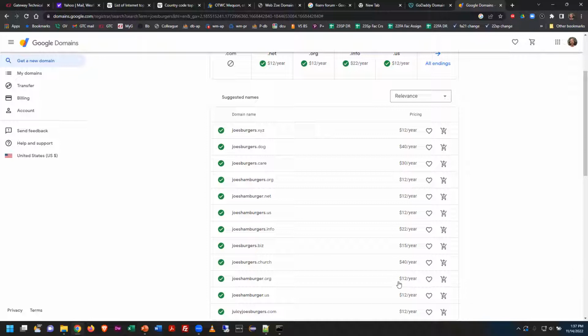Not to mention that their regular prices tend to be a little bit cheaper than others. So just a big tip, you guys, if you want a domain name, Google's a great place to start, I think. What might make you change your mind is when you look to the other part of it,